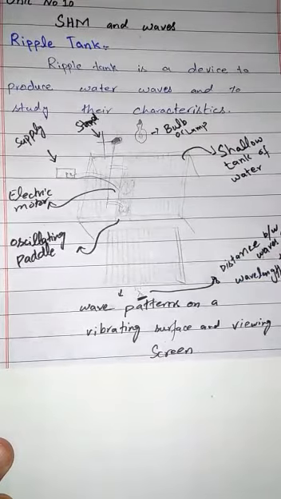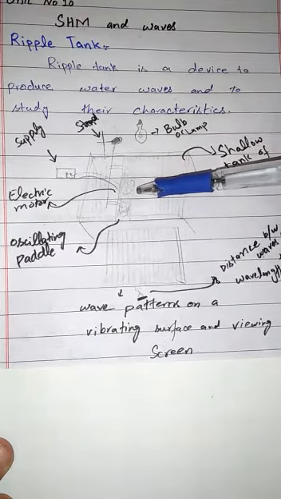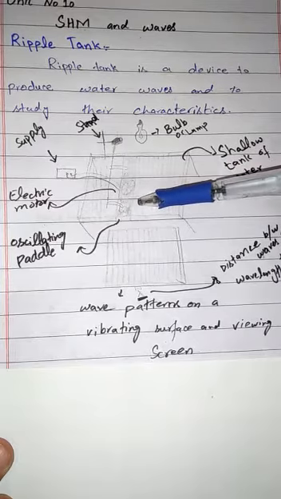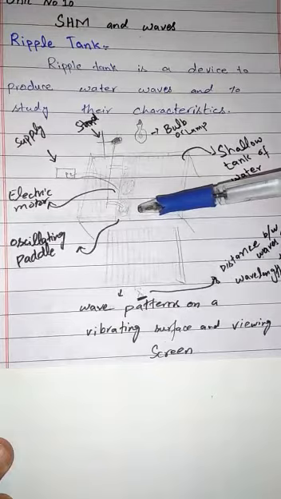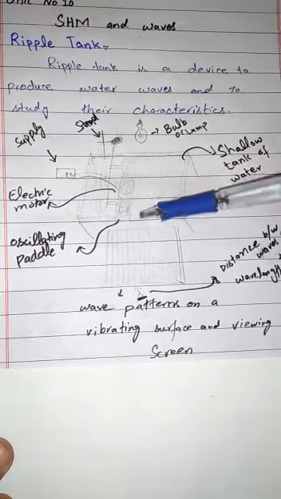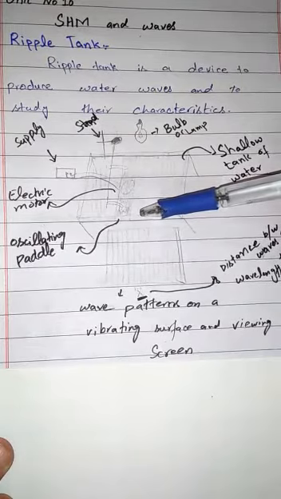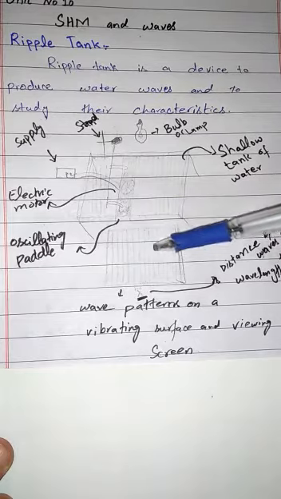The vibrator is an oscillating electric motor fixed on a wooden plate over the tray such that its lower surface just touches the surface of the water. On setting the vibrator on, the wooden plate starts vibrating to generate water waves consisting of straight wavefronts like this. These are the wavefronts.